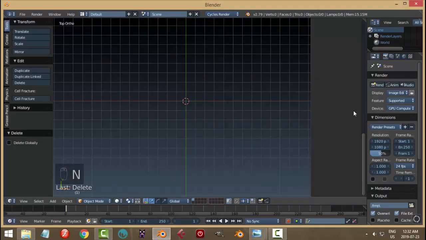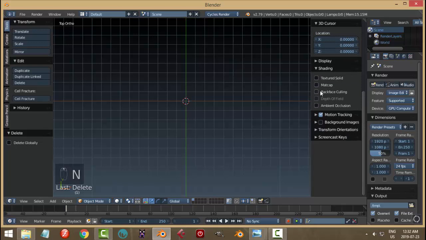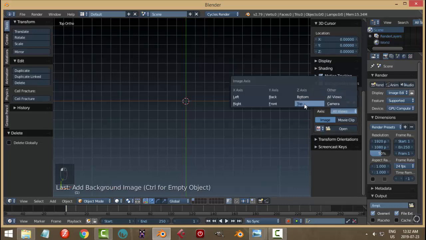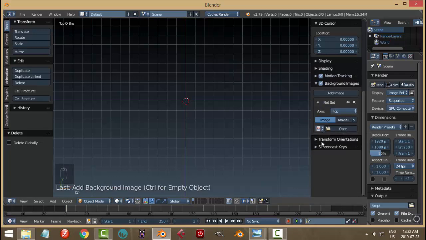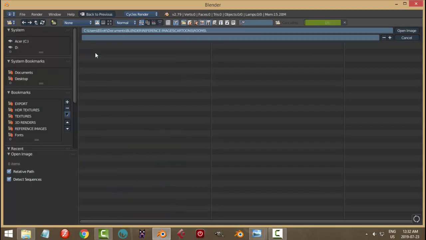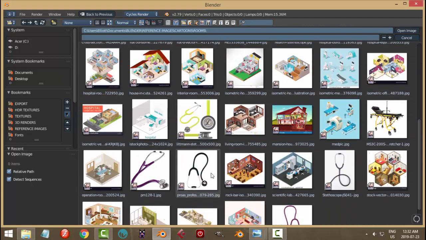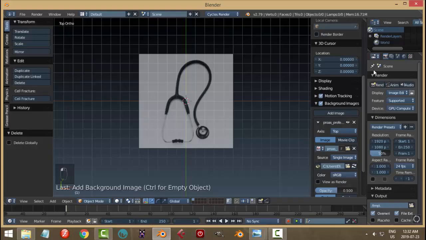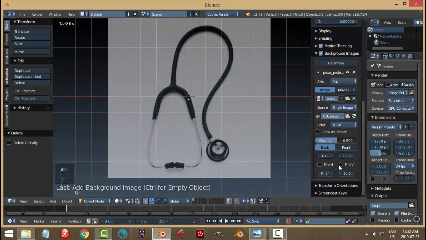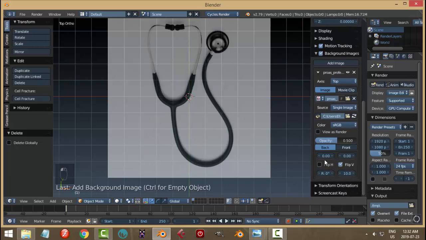I'm going to hit N and we're going to come over here under background image. I'm going to click add image for axis. I'm going to choose top to look from the top down. Open that image. All right, so there it is, but it's not the orientation that I want it in. So I'm going to flip this vertically and I'm going to change this to